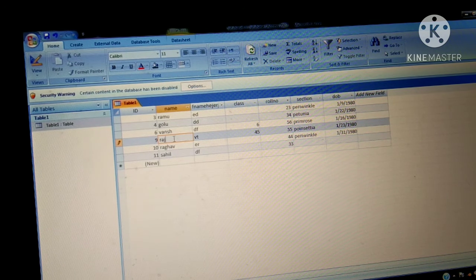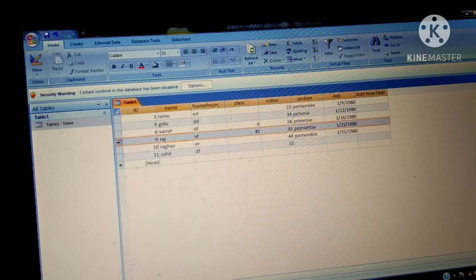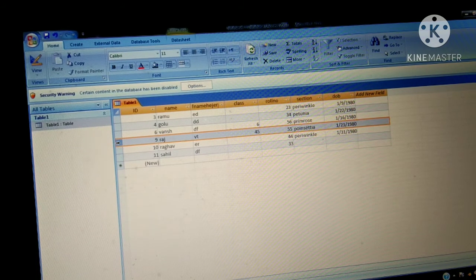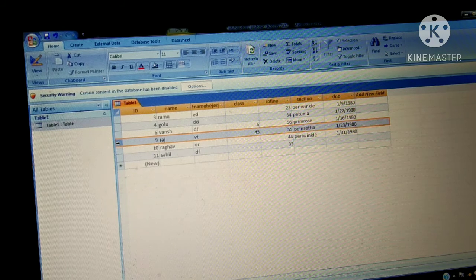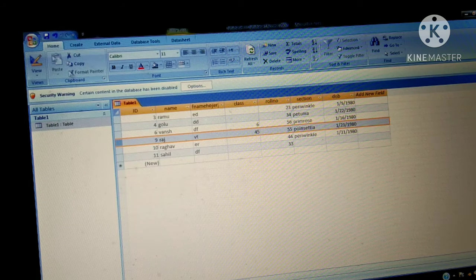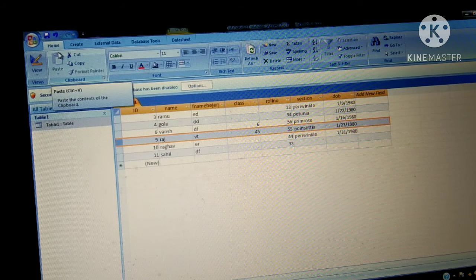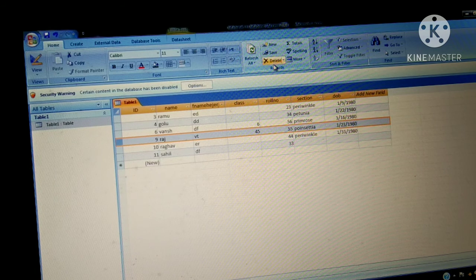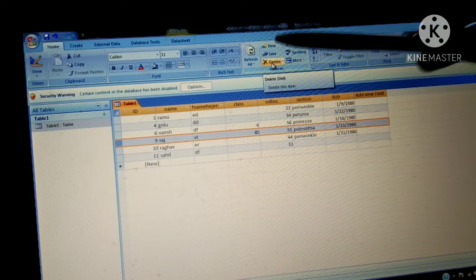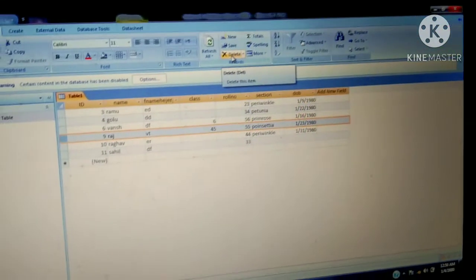Children, our next task is deleting a record from a table. This one is my record. Ma'am, this is the student who has taken TC. So I want to delete this record from the database. How can we do it? For deleting a record from the table, you have two options. First is the Home tab. In the Home tab, in the Records group, you will check the options Delete, Save and New. Three options are there.